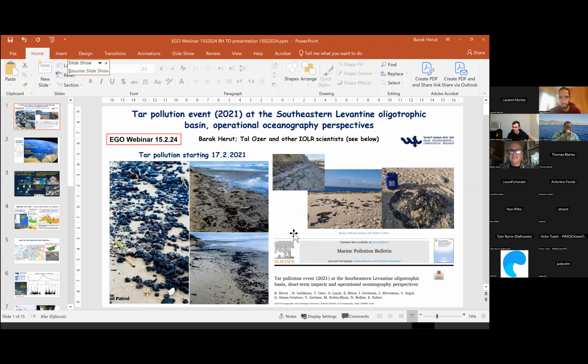And this area is exposed to high risks of oil spills because it contains very dense maritime traffic. You can see it in the right figure. Also, about 18% of the crude oil shipments take place through the Mediterranean. And so it has a relatively larger probability for oil spills. In addition, in the last decade, there was